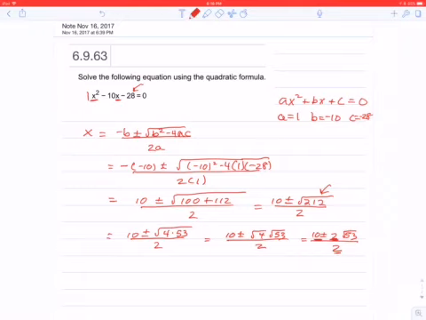So to simplify it, I can divide 2 into 10 and 2 into that 2 radical 53. So that simplifies to 5 plus or minus, the 2's cancel, square root of 53. So x equals 5 minus the square root of 53, 5 plus the square root of